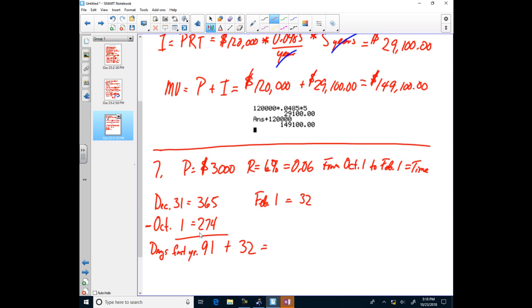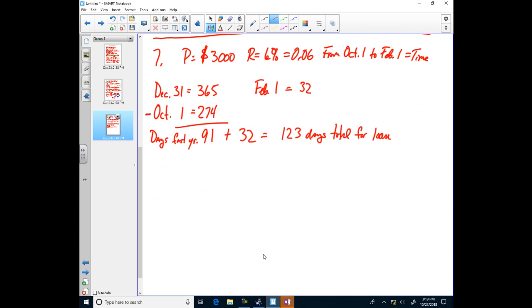So 91 days the first year, 32 days the second year. How many days do you get? 123 days total for the loan. Okay. Now what? Take your 3,000, times it by your 0.06, and then times it by. Why don't you do this? Write down the letters first. So P is 3,000. I always do. You don't have to. Well, how else do you know what you're doing? And then for the time, we're going to have 123 days